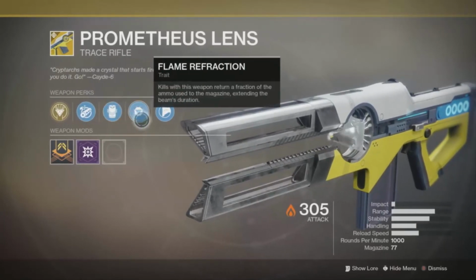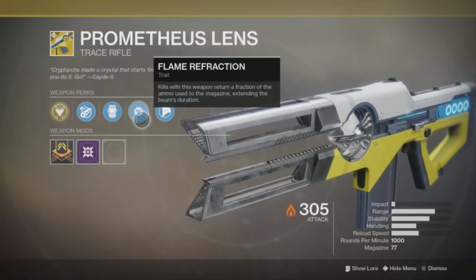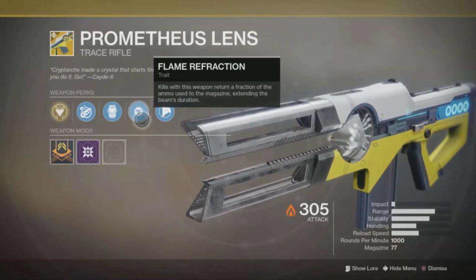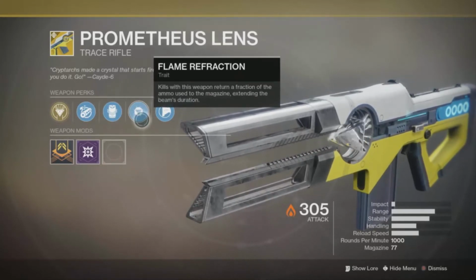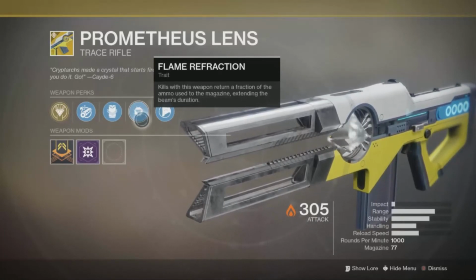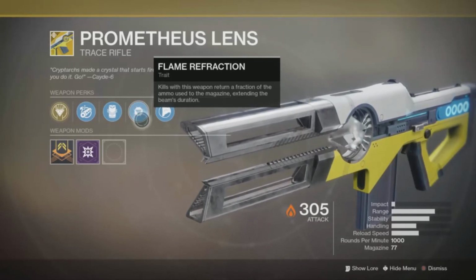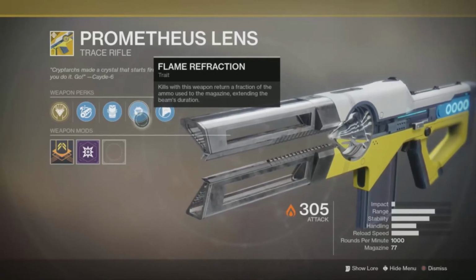And then on top of that, kills with the weapon return a fraction of the ammo used to the magazine, extending the beam's duration, which means that it pulls ammo from just the air. It just pulls ammo from the air that you had already used and puts it directly back into the magazine, meaning you can hold that trigger down longer. There is a maximum bubble width,